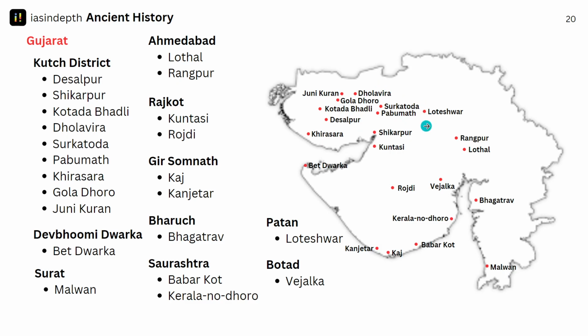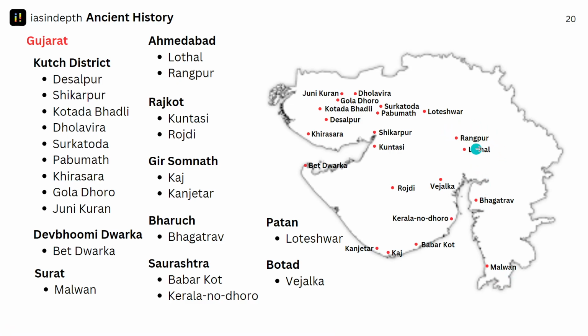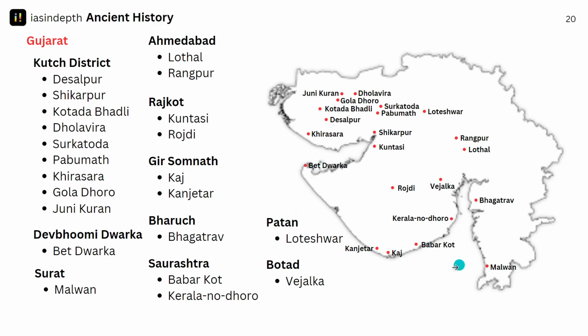These are the sites located in Kutch district, and in Devbhumi Dwaraka district, Bet Dwaraka, and in Surat, in the eastern part, you'll be able to see Malwan, and in Ahmedabad district, Rangpur and Lothal. In Rajkot, you'll be able to see Rojdi as well as Kuntasi. In Gir Somnath district, you'll see Kaj as well as Kanchitar, and in Bharuch, Bagatraf, north of Surat. In Saurashtra, you'll see Babarkot and Kerala Nodhoro, in the southeastern part of this peninsula,